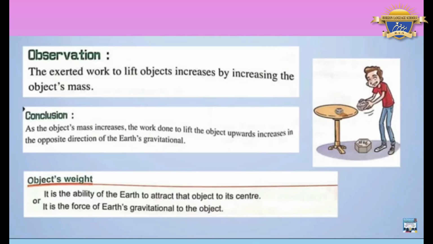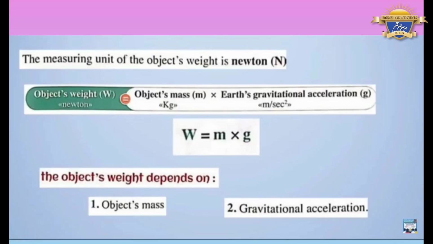What do we conclude from this? As the object's mass increases, the work done to lift the object upward also increases, in the opposite direction of Earth's gravitational force. So the object's weight is the ability of the Earth to attract that object to its center, or another definition: the force of Earth's gravity on the object. So if weight is a force, its measuring unit is the Newton, as for any force. So the measuring unit of the object's weight is